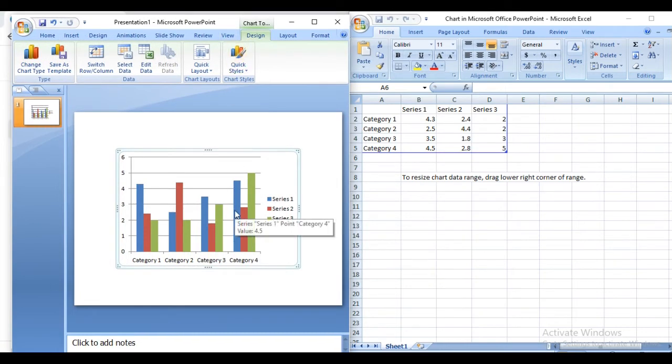Along with that, by default an Excel file is also included where you can insert the data for your chart. By default this data is there, but you can of course change all the details here. How can we change the data here? You can see we have to click here and we can change the data accordingly. And this is the chart inserted in the PowerPoint. So this is how to insert a chart.